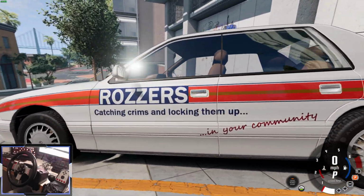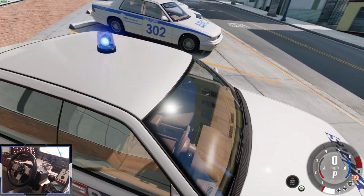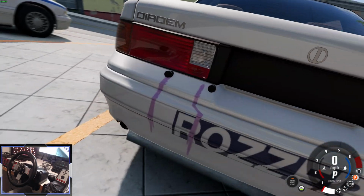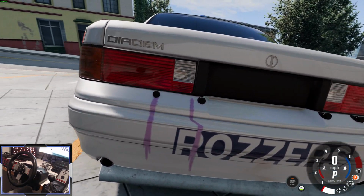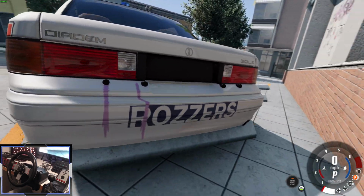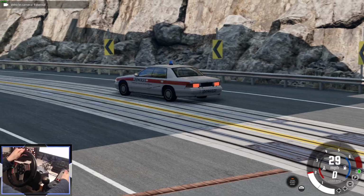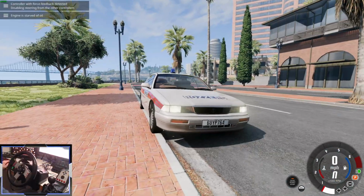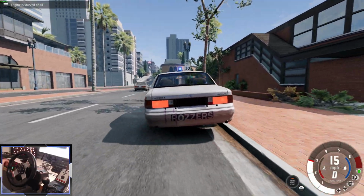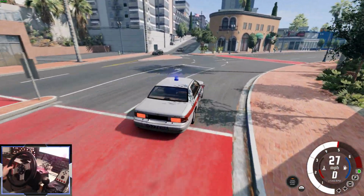And yeah, we've got the Rosas skin, the ice cream van siren, and even at the back we've got the weapon on the vehicle, which was paint spray jets, which would spray on the windscreen of the criminal to stop them driving away. Now, this is a brand new config to the mod, and what a config to add. Okay, I've spawned an ETK I-Series, so let's chase him, put the siren on. The thing about this mod is that, unfortunately, the paint jets don't work, but we can still have a good